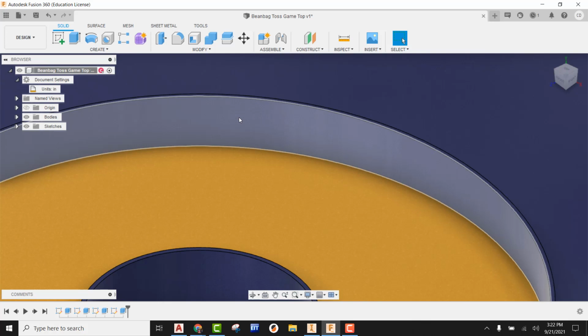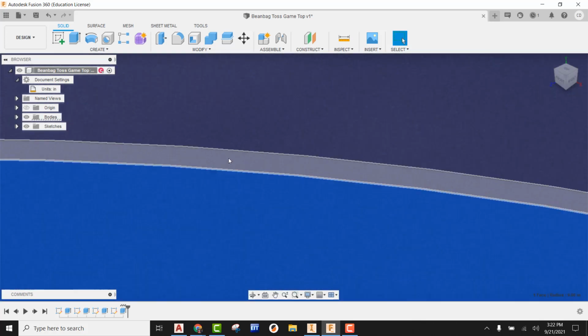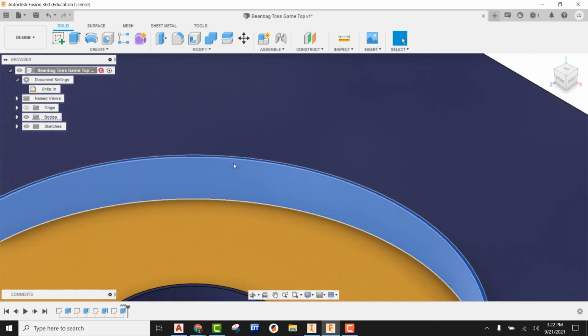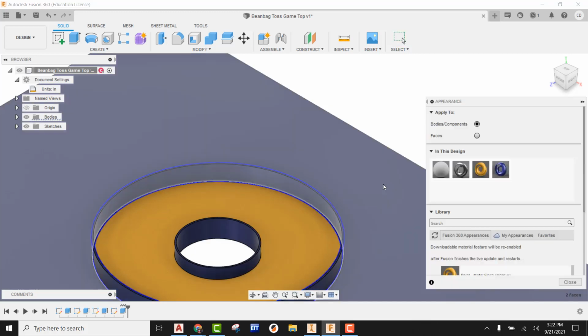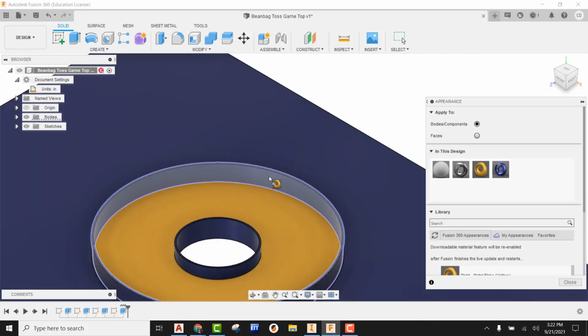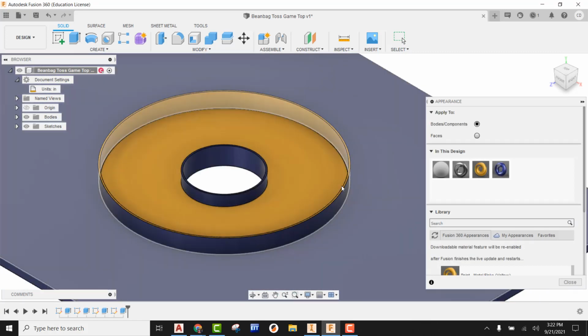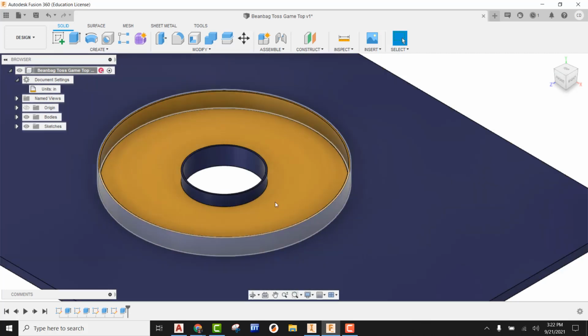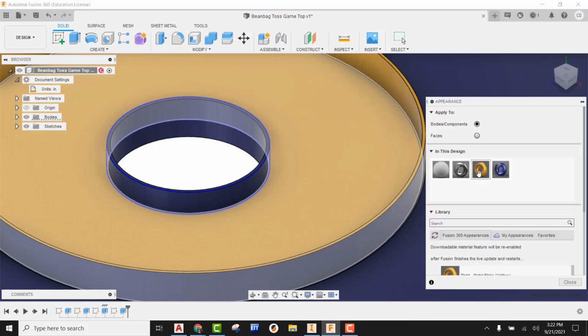If I want to do multiple surfaces, I'm going to pick on the surface, zoom in, hold down Control, and pick the second surface. So two surfaces have been selected. Now I can right click here in the blue area, come down and find appearance again, and apply that yellow to it. All right, so that is done. I have one more face that I want to paint yellow, so I can pick on that, right click, do an appearance, apply yellow to that,